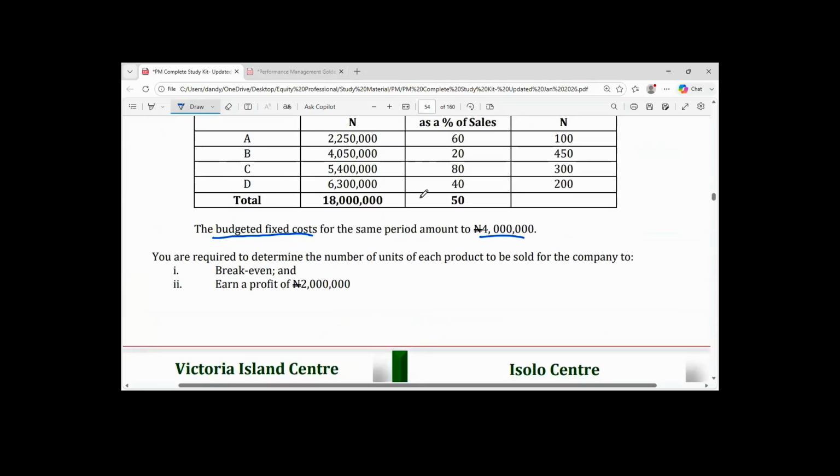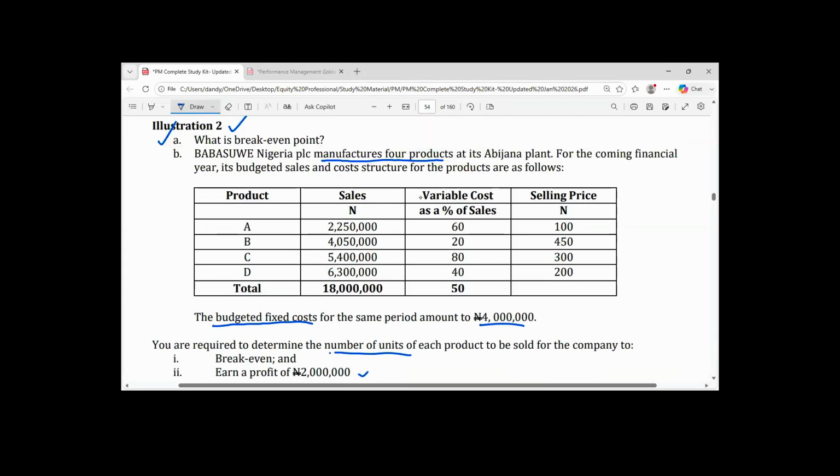So this is the question. Examiner is asking you to calculate break-even points. You have to determine the break-even points in units: the number of units of each product to be sold for the company to break even. Then number 2, the number of units of each product to be sold for the company to earn a profit of 2 million naira. All right. When you look at this question, you will see that Babasue Nigeria Limited PLC manufactures 4 different products, A,